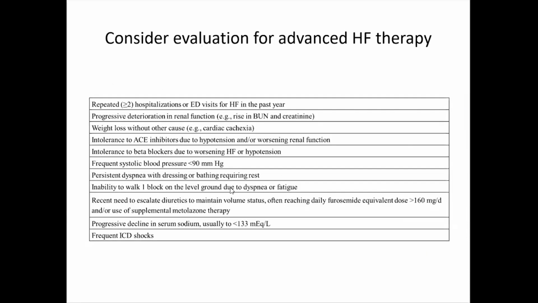So when should we consider evaluation for advanced therapy? If they have multiple hospitalizations, progressive decline in renal function, weight loss without a cause, which is also cardiac cachexia, intolerance to neurohormonal therapy, intolerance to beta blocker, or low blood pressure where we start removing the neurohormonal therapies because of it. Also persistent dyspnea and being very symptomatic, inability to do daily activity, recent escalation of therapy like diuretics, progressively declining sodium, and frequent arrhythmias and ICD shocks. Those are some of the red flags that we should think about